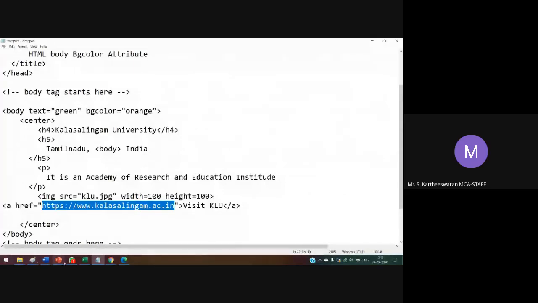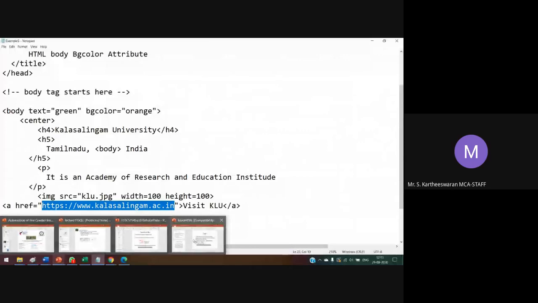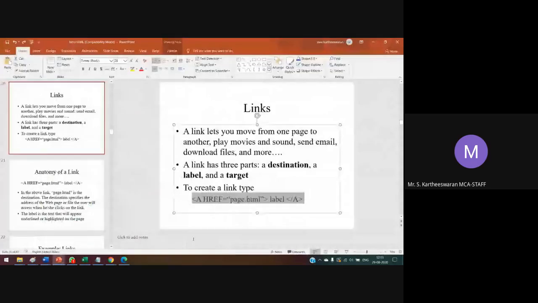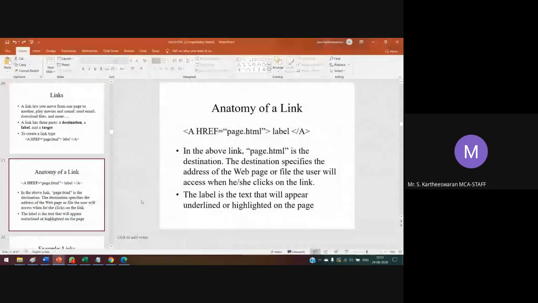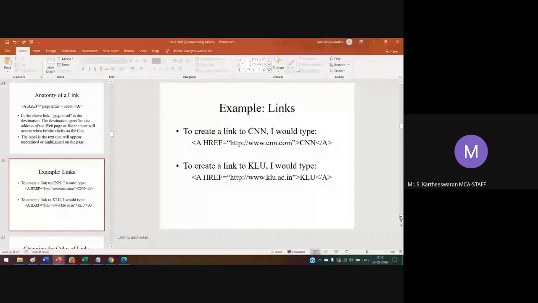The next example links to kalasalingam.ac.in for KLU. Another kind of example is www.cnn.com with CNN as the label.